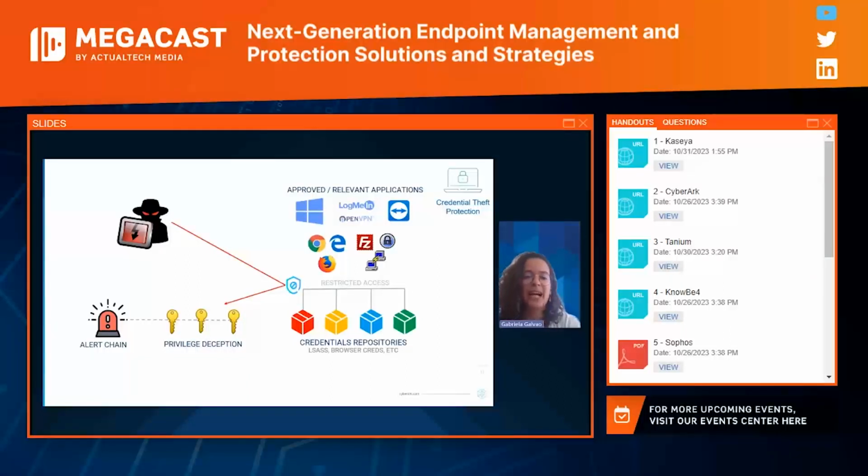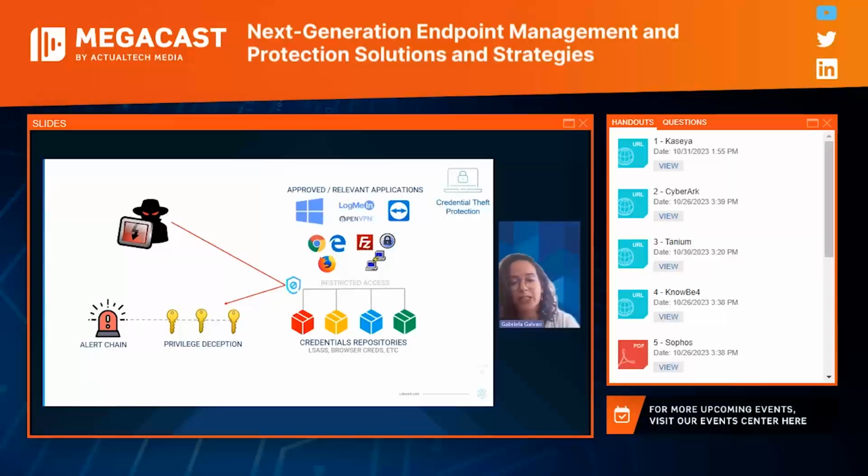Every advanced attack starts with credential exploitation and privilege escalation. That's a fact. And nowadays, there are more than 40 ways of stealing credentials on an endpoint. It's not if, it is when the attacker will get into your environment. And the volume of credentials that technology asks us to deal with today is insane, making it so easy to compromise, from IAM to API to Windows credentials. Each one of them has the potential to be a vector for an advanced attack.